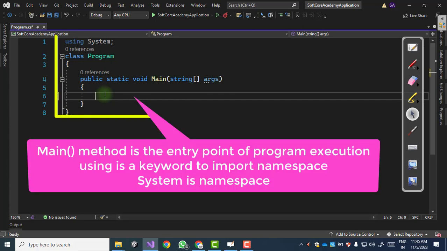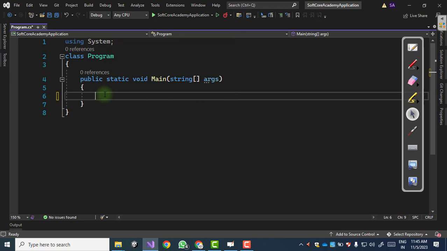In this session, we will see the basic introduction of arrays, how we create an array, and use an array using the C# language. So first of all, we will understand why there is a need for an array. To understand the need for an array, I am giving an example.